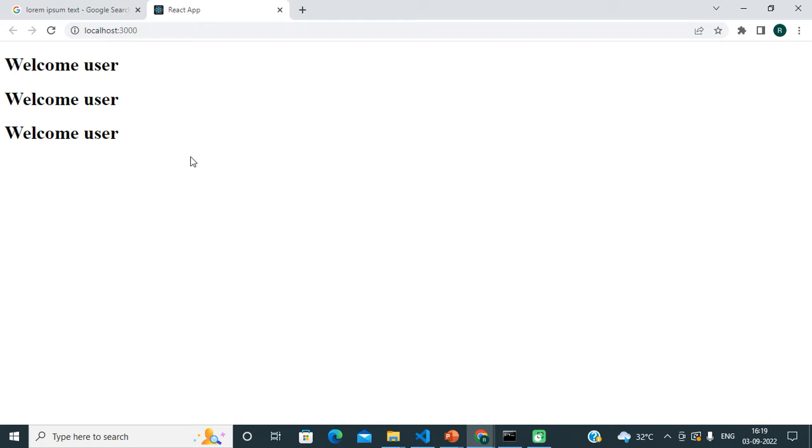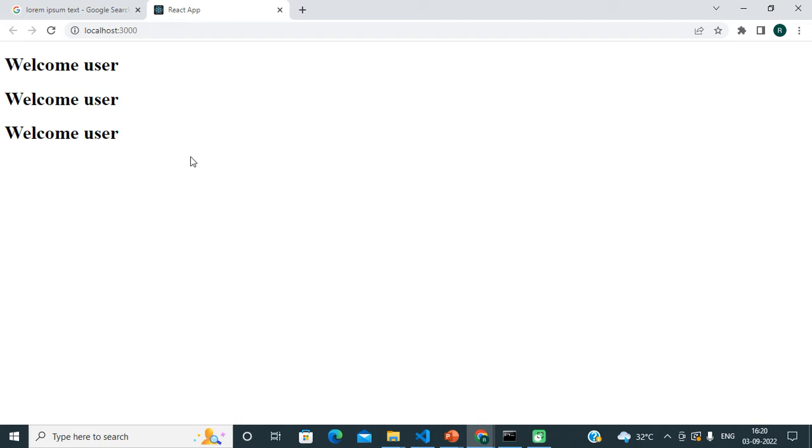But if we have a requirement that each time we call this component we want to show something different, for example, the first time I call the welcome component I should get welcome and a particular user's name, let's say welcome John.